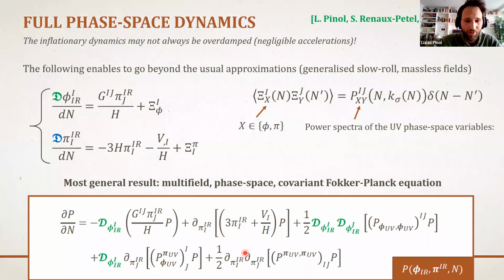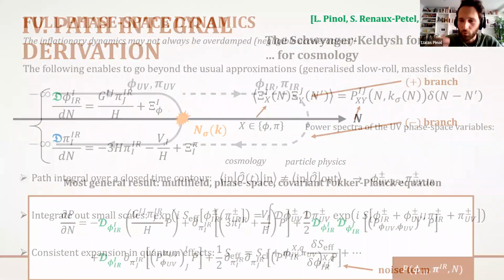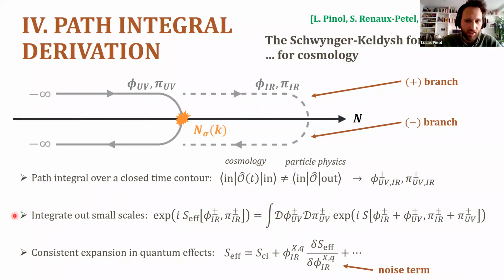And okay, I will finish here and just mention in one slide the first part that I knew I wouldn't have the time to present. It's just one slide to tell you that all these equations, I presented the easy way to find them by adding this window function in your scalar fields and looking at the equations of motion. But you can actually do it a bit more properly, in a clean way, at the level of the path integral.